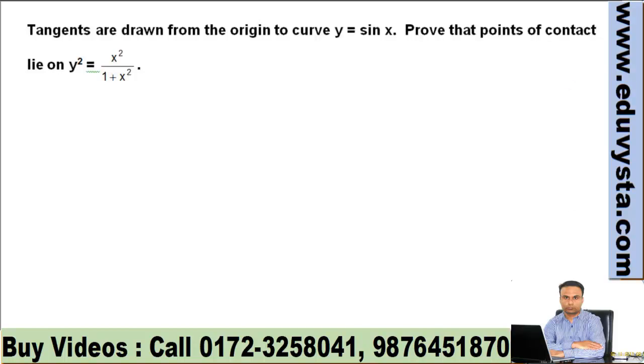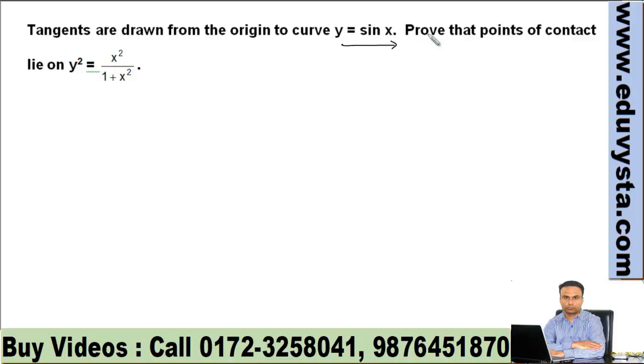Try this question. Let's try one question from locus of point. In plus one coordinate geometry, we have done locus problems mostly for conic sections, like circle, parabola, ellipse, hyperbola, and many questions in straight lines. But here we have one locus question from the curve y is equal to sin x. By doing this question, we will have more concepts for finding locus for any curve, which may or may not be a conic section or second degree curve.